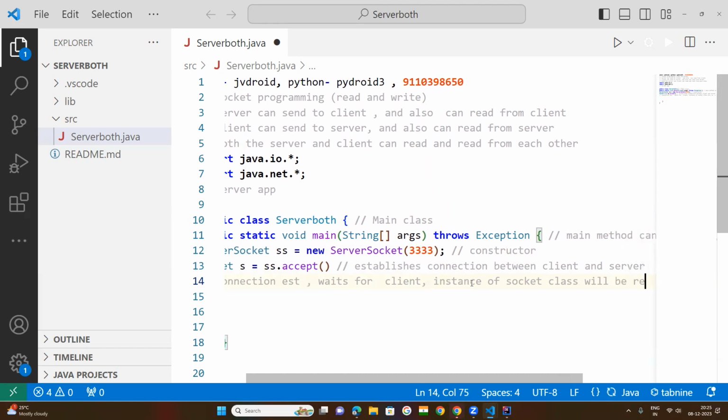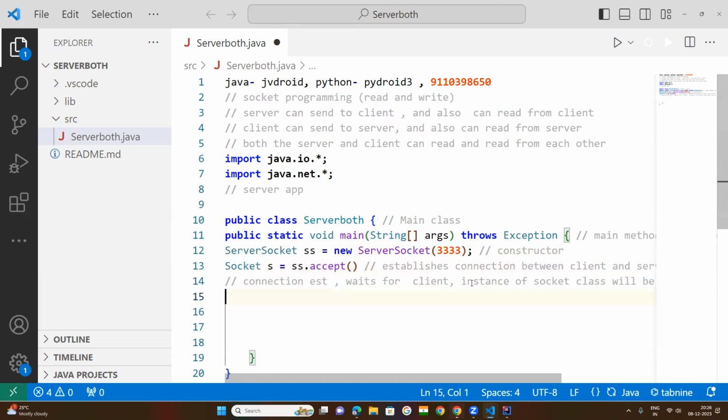Okay, it will be released. Now come down. So this accept method of the server socket class is accessed by the object. Okay. Now try to understand the same thing, the same code we have written for the